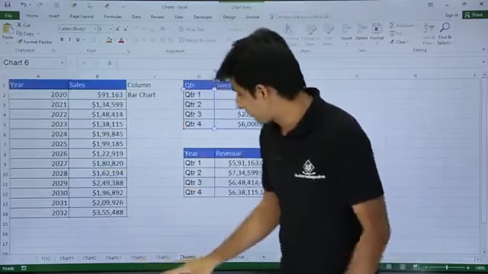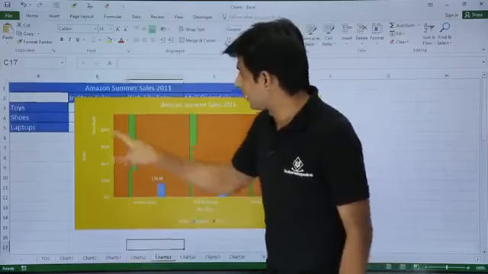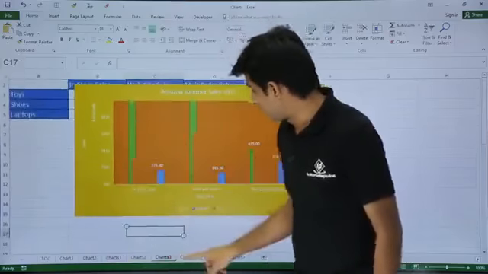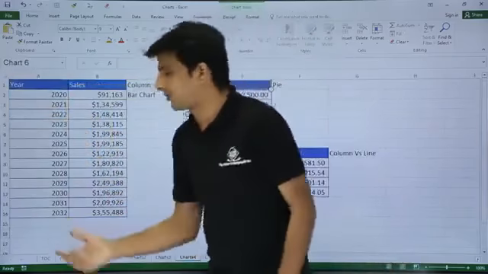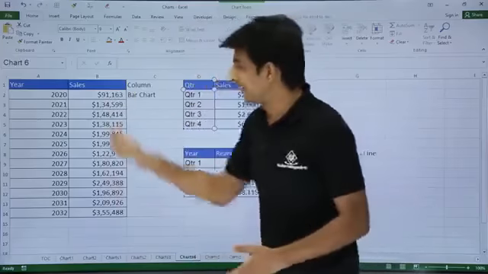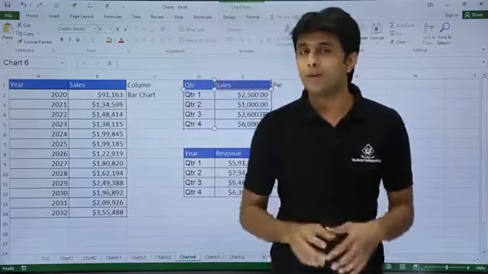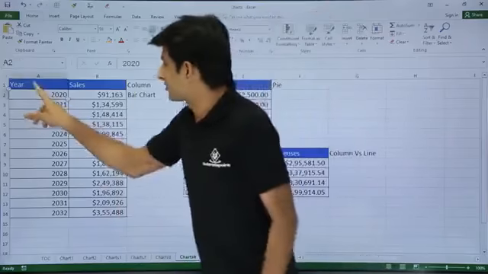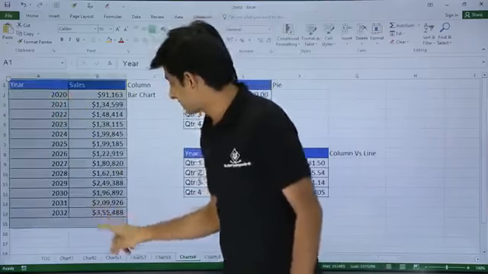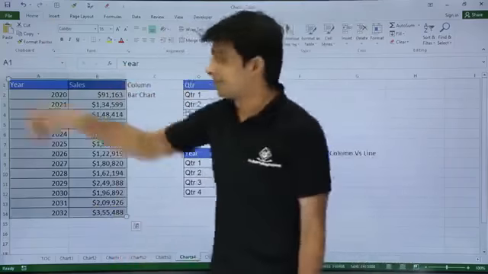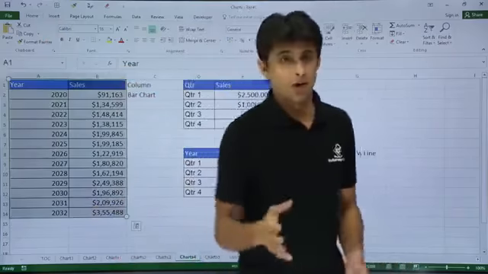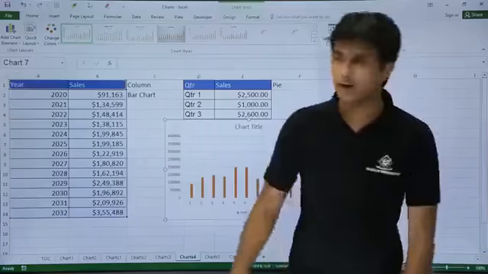In the previous session, if you remember, in chart 3, I showed you how to create this kind of chart where I had numbers, but earlier I had text. Now if you observe, in this first column I have the year. These are numbers. The second column also has numbers. What will happen if I create a column chart? I'll first select this data here, and create a column chart. I know the shortcut for the default chart: Alt F1. I've created a column chart.